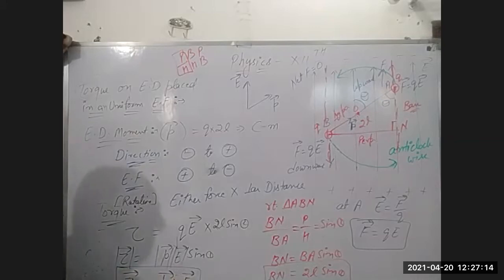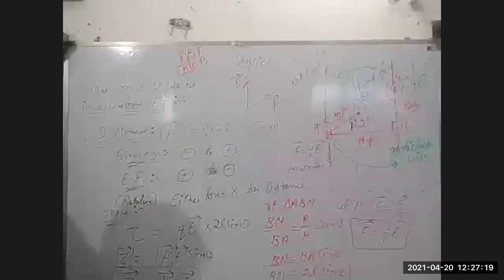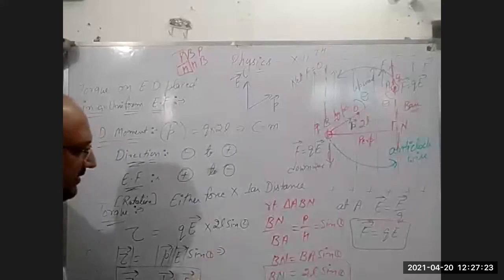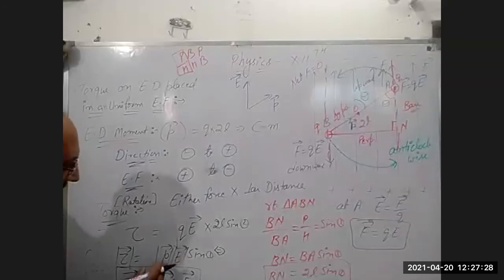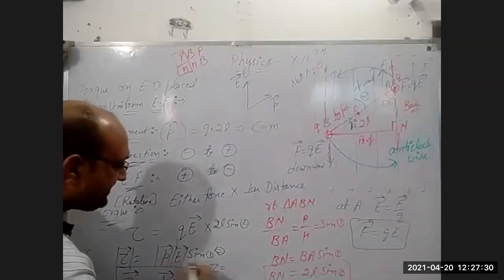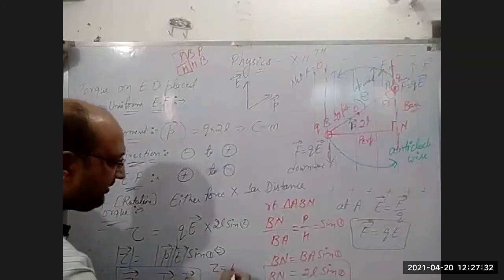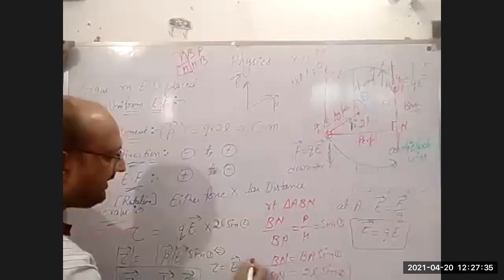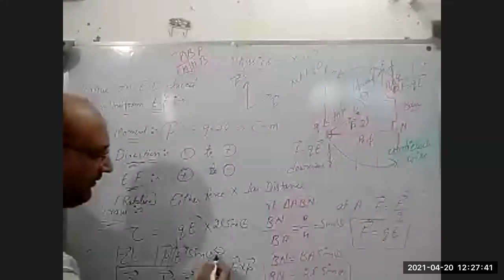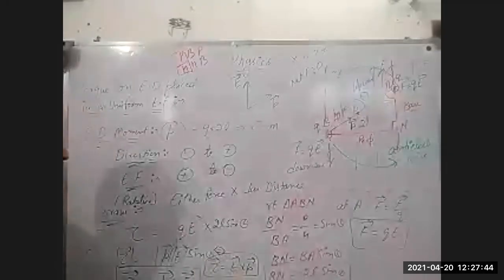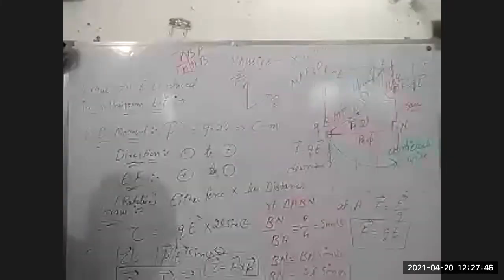Okay. Now, hence proved. This is the formula for calculating the torque. But one thing is also there. Some students always have a doubt here: why are we not writing this as PE sin theta? If we take the magnitude of E cross P, then we can get this value. But why are we not using this?